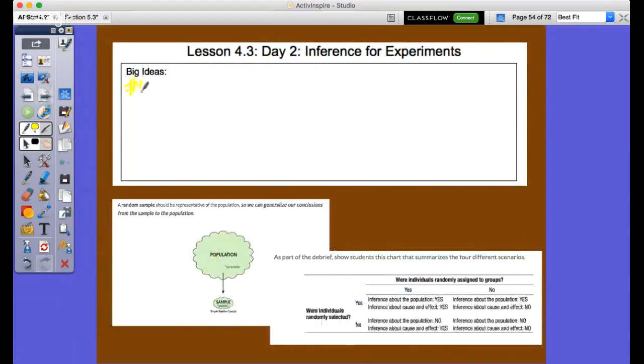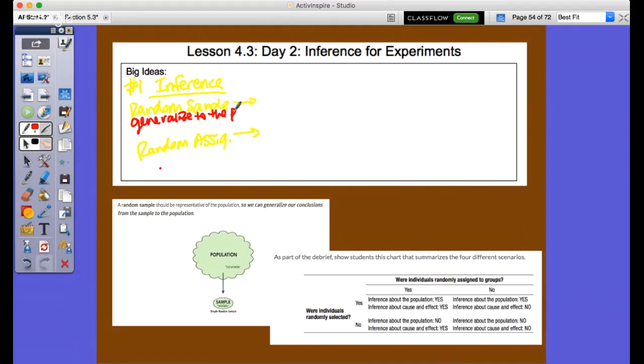Number one, let's talk about this. This is inference. Some of this may be a review of what we just said. Let's talk about inference. Random sample. What do we say about a random sample and a random assignment? What do we say about each? Well, let's take a look at this here. Within the red one, I'll put it down here. This allows us to generalize